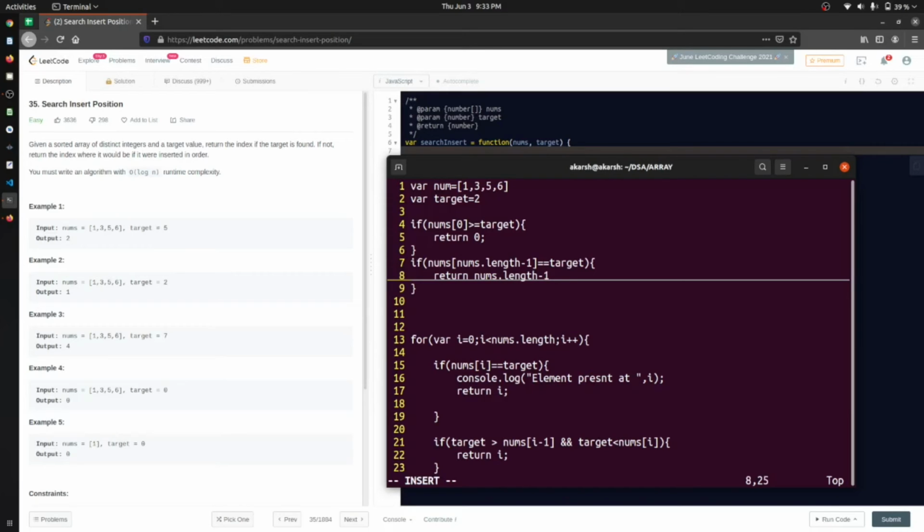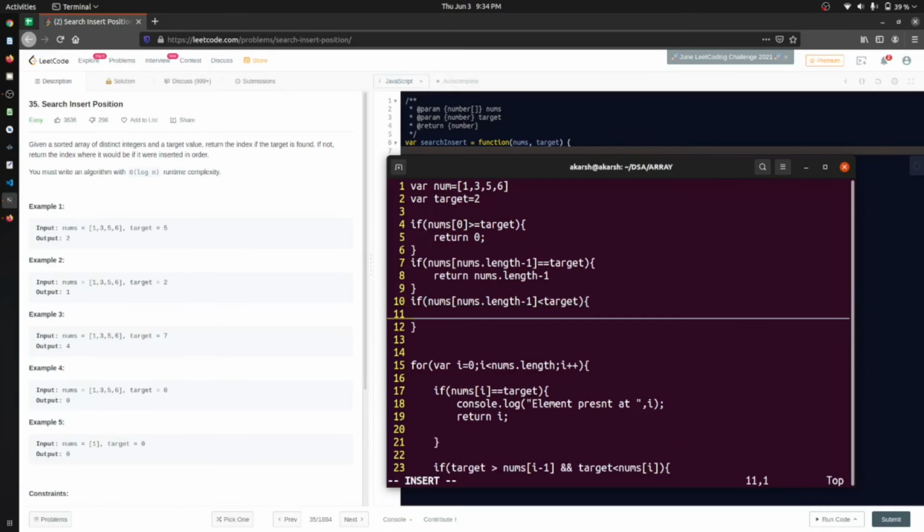And one more thing: if the last element, nums at nums dot length minus 1, is less than target, then we will just return nums dot length.